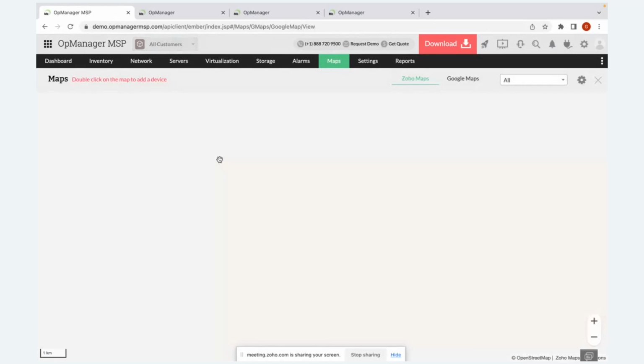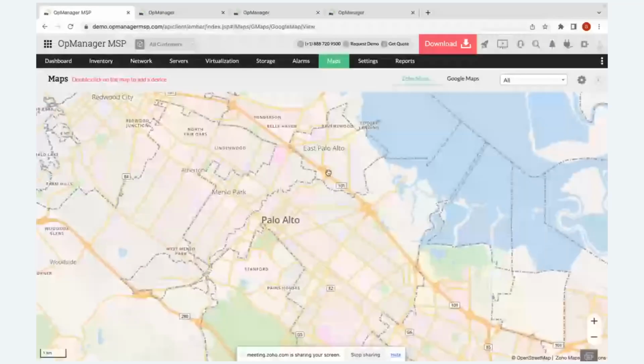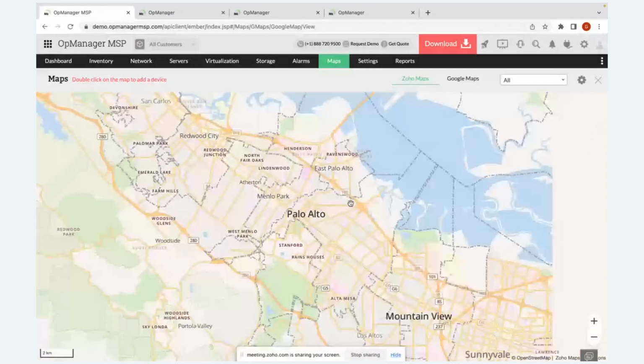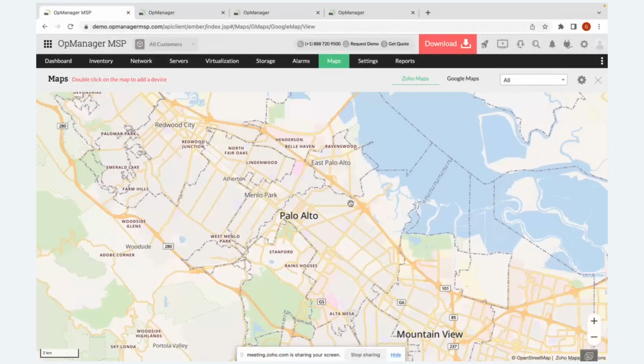All you have to do is just double click on the map and choose if it's a device or a probe and click on add. This will help you understand the geographical distribution of your client network devices and probes, followed by